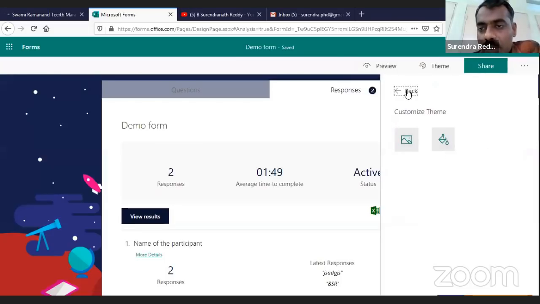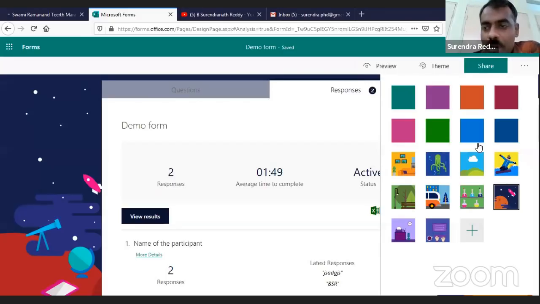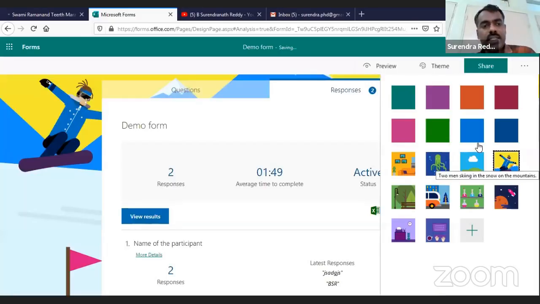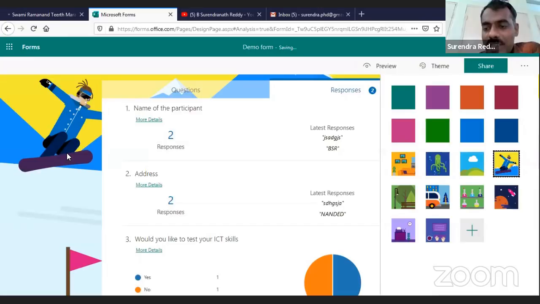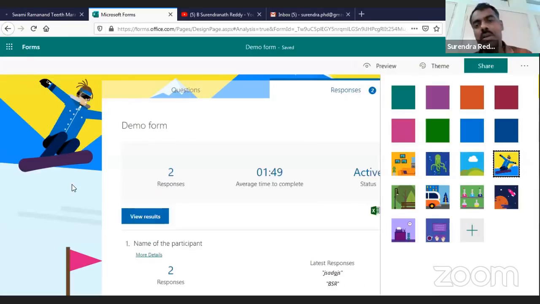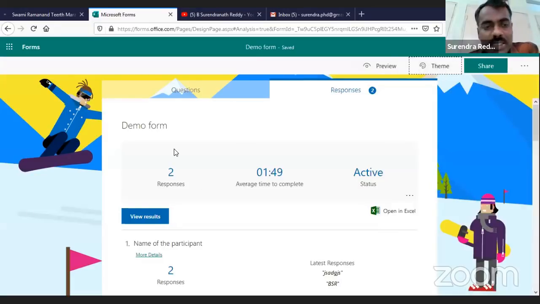I don't want to go into all of that, you can try it yourself, but these are interesting forms. Your form looks more interesting than a regular Google Form, right? So that is one way we can customize themes. Once we have customized the theme, it looks like this, on the left side as well as the right side, everywhere around your questions.